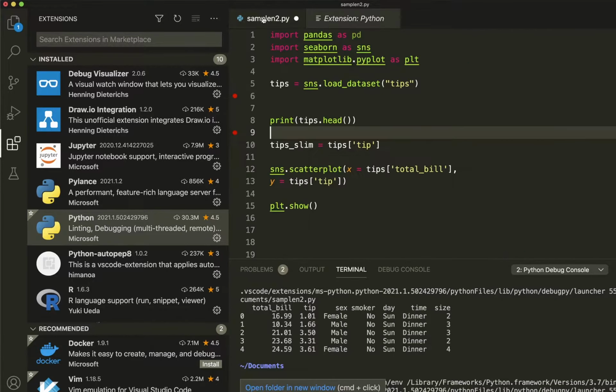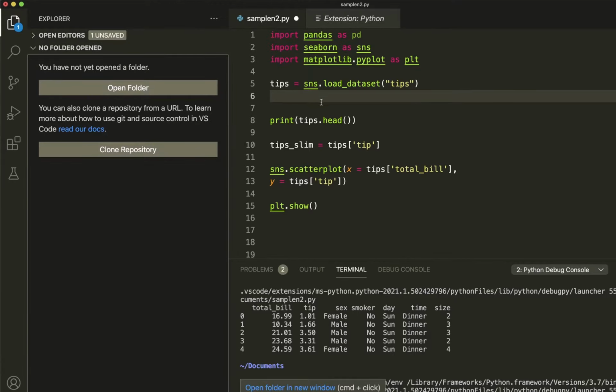Once that is done, you can go to your code and write a simple Python code. After you write the Python code, make sure that you add breakpoints at the place where you have the data frame that you want to see as part of debugging. If you do not place a breakpoint there, you probably wouldn't see it. So let me first quickly show you without the breakpoint, and then you can see with the breakpoint.